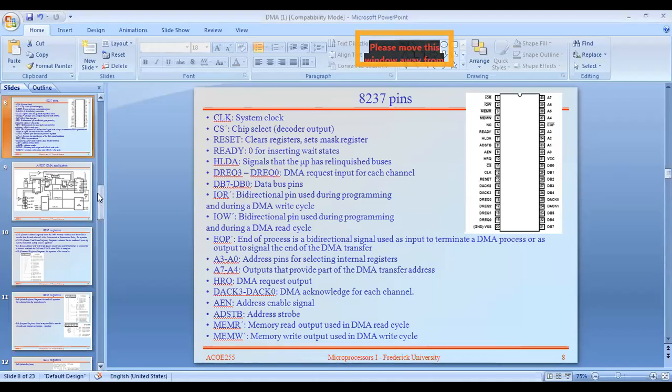What did you learn in the last class? In the last class, we discussed the DMA controller, direct memory access. Already you know what is meant by DMA, what the series of DMA is, and what functions are performed by the DMA. So in today's class, we discuss in depth